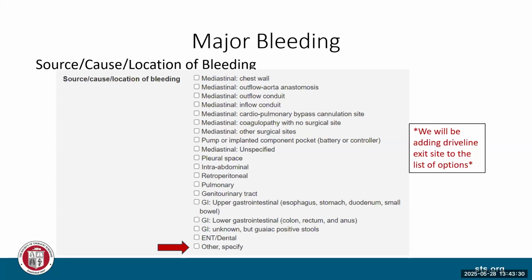So we will be adding the driveline exit site. And that's kind of what prompted this reviewing of locations. So we are looking at all of those, and we will make some additions. We talked about maybe adding something for bleeding around PICC line insertion sites, something for lines, catheters, something like that.